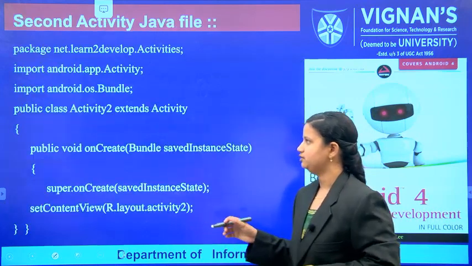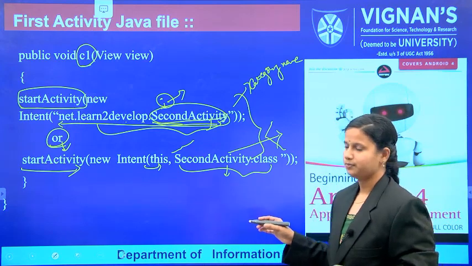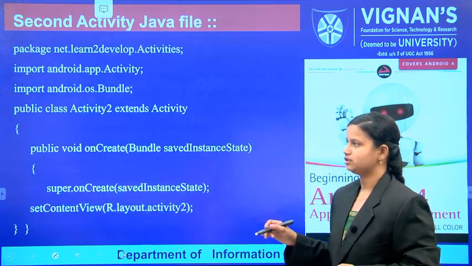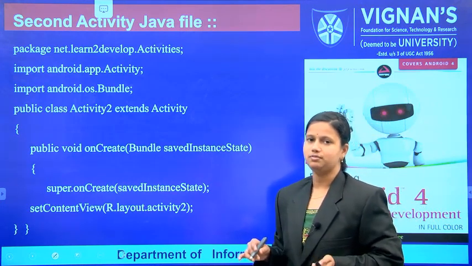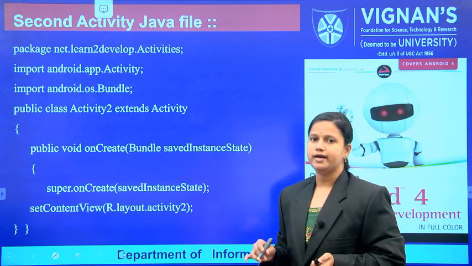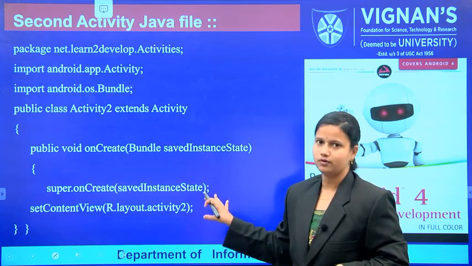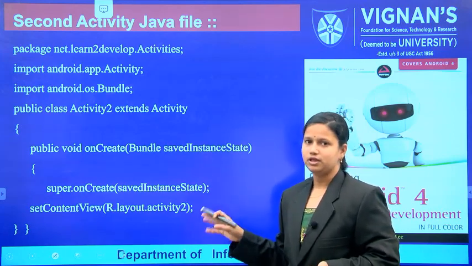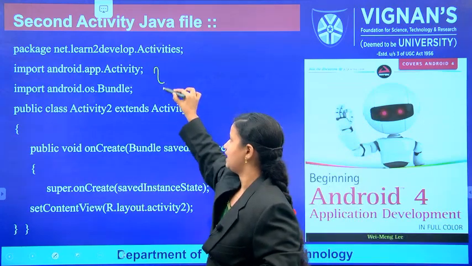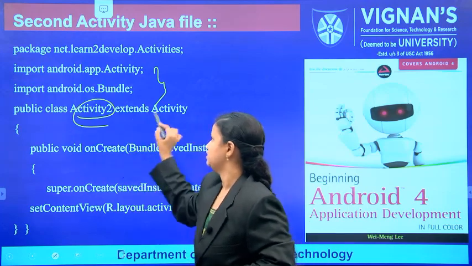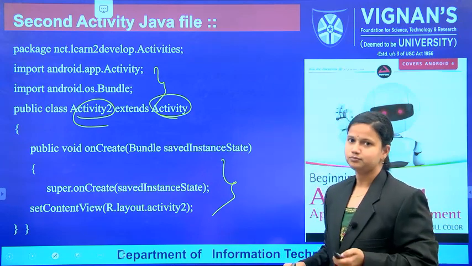Next, that is the first activity.java. When you look at the second activity.java, we are not performing any action, so it will display only a simple message, this is second activity. At that situation there is no modification in the code. The default code is enough. It has packages, imported classes, and a public activity which extends the Activity class. The onCreate method starts that activity. So that's all.